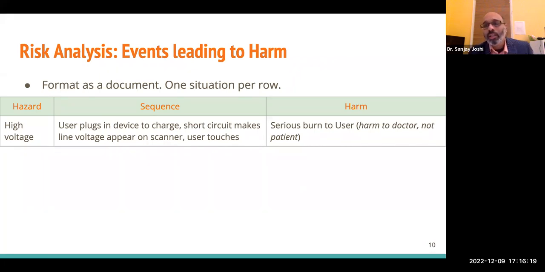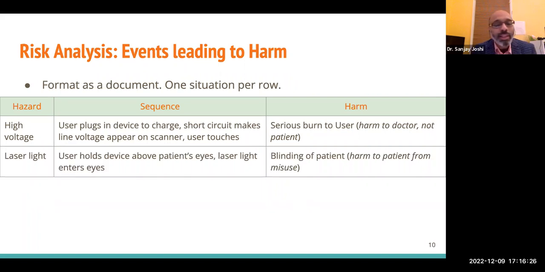And keep in mind here, the user is not the patient. The user is actually the doctor who is going to touch the device. So that was high voltage. The next is laser light. Remember, we